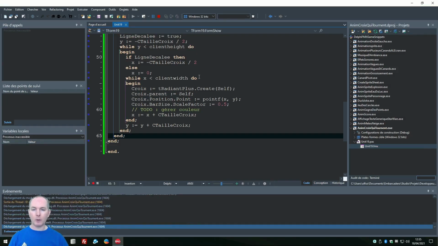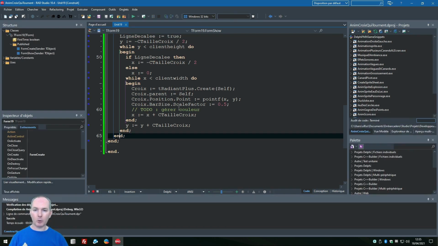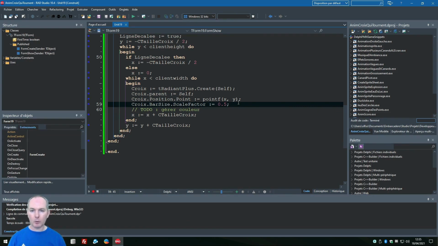I feel like it's not displaying all of them. I kind of forgot a detail. I should still define the size of the cross. If I don't set it, it's not going to work. So cross.size with